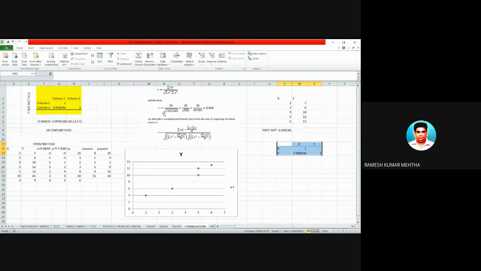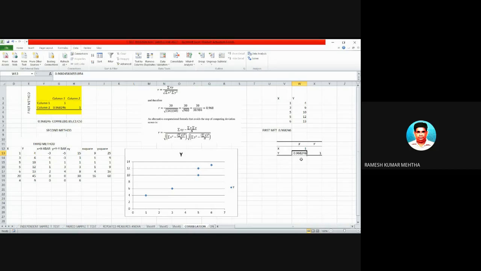So you will get a result like this. Now, what does this result say? The correlation between X and X is 1, whereas the correlation between Y and X, or X and Y, is 0.968246. So you can use this command, or you can use the Data Analysis tool pack, select the feature of correlation, and find the result. So this is the second method.